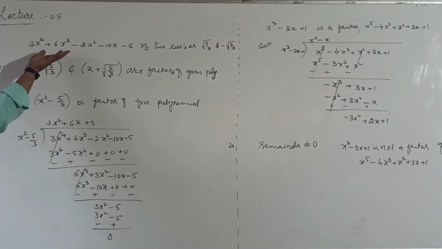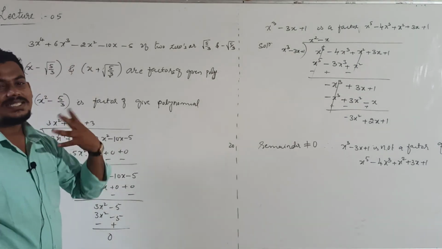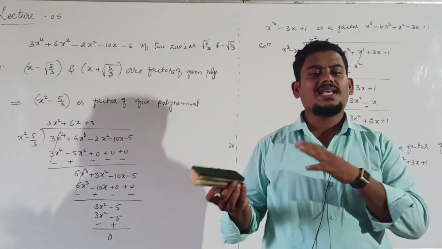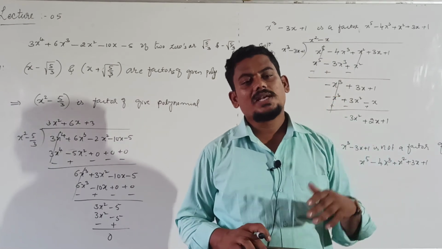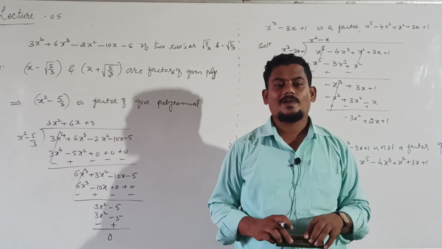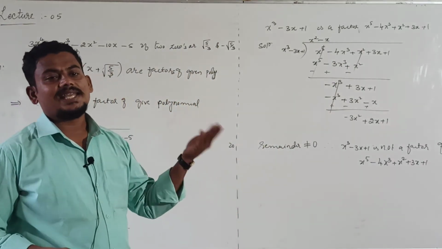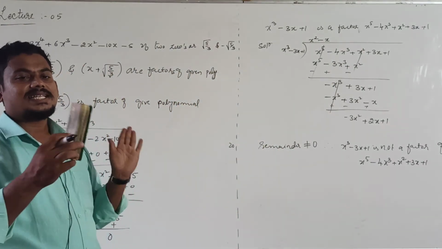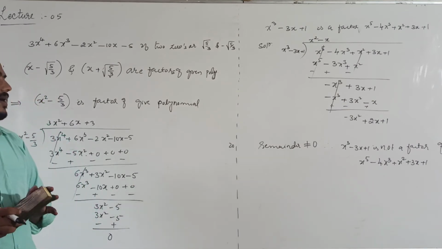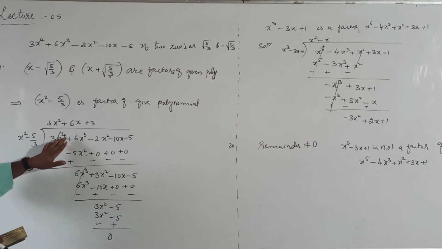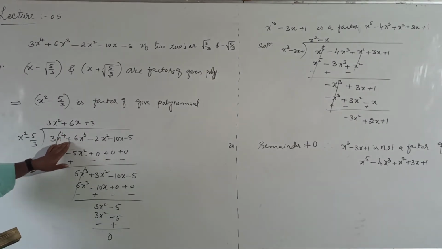Means the dividend can be written as... directly we can't solve this polynomial. Why? Because it is a polynomial of degree 4. If it is quadratic, then directly we can solve. If it is linear, directly we can solve. If it is a polynomial of degree 3, 4, 5, then just rewrite the given polynomial. This is our dividend. Dividend can be written as,